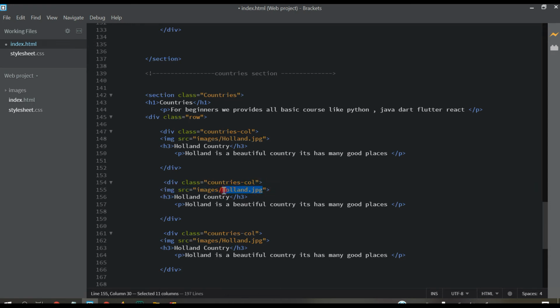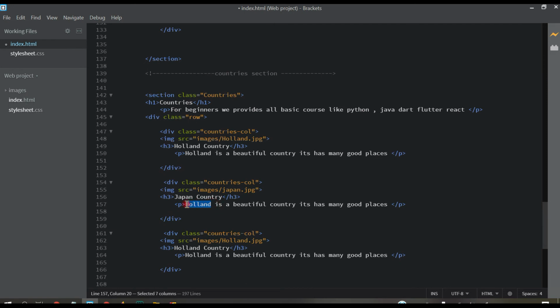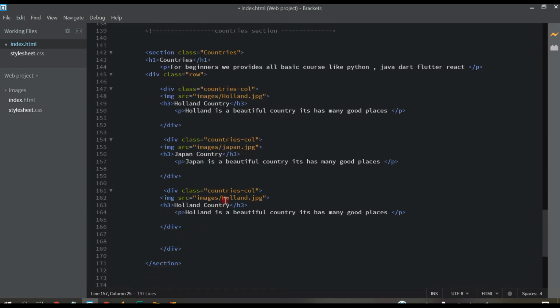So here we have another image, Japan, and we can say Japan is a beautiful country, and change this to Japan like this, and change this also. Here we have image for Canada. So these images we have downloaded from the internet, and we have cropped all these images in Photoshop or any editors where you can crop these images.